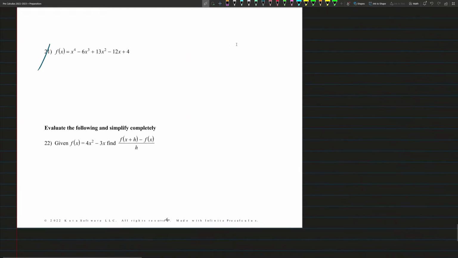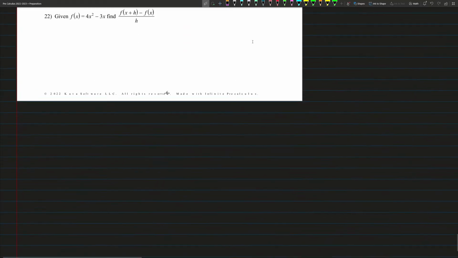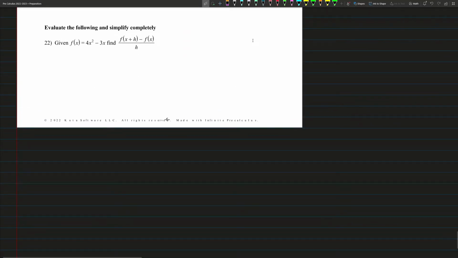Okay, and then lastly, number 22. So this is a problem we tried a lot in class. It seems like we all got it, but I just want to do it to make sure. Okay, f of x plus h. So we're finding f of x plus h minus f of x all over h. In this case, f of x plus h is 4 times x plus h squared minus 3 times x plus h,